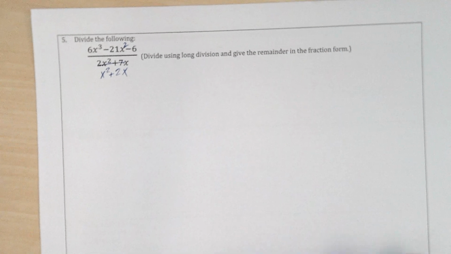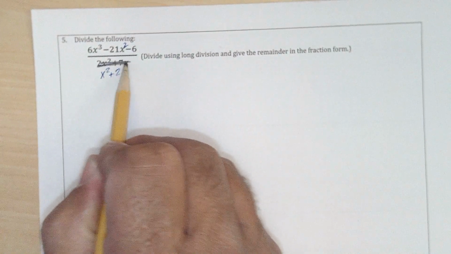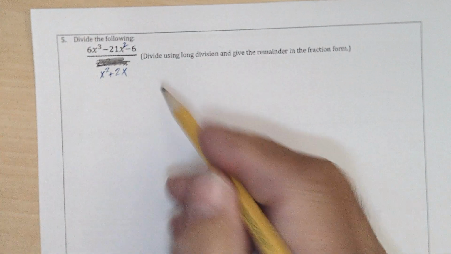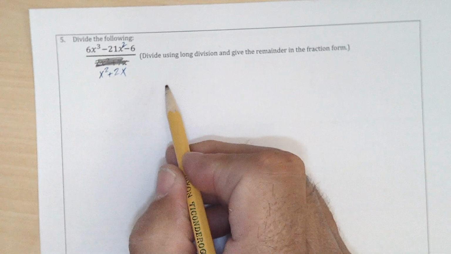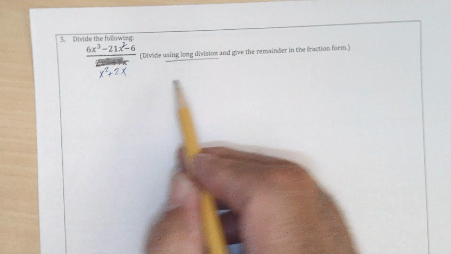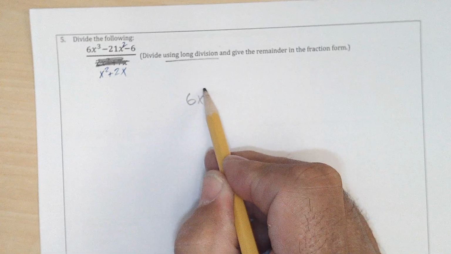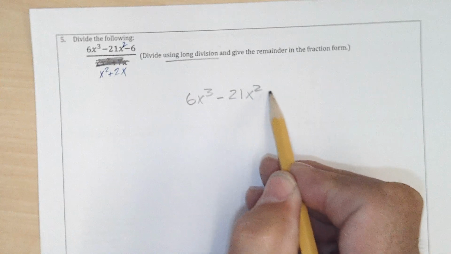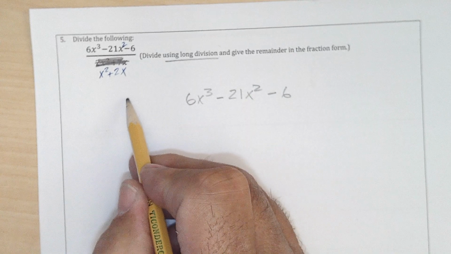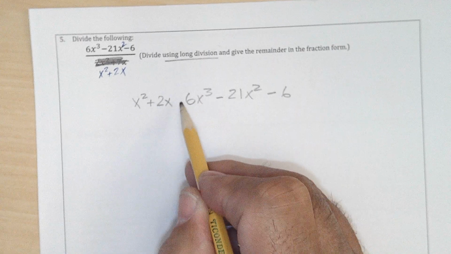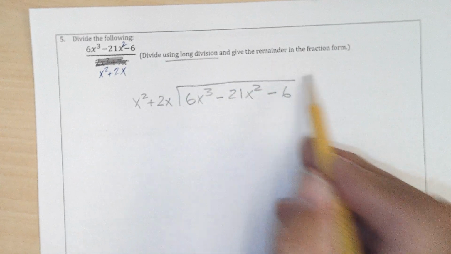Okay, I had changed this problem from a test that I had before to this. So we were supposed to do long division on this problem, and so I got 6x to the third minus 21x squared minus 6 divided by x squared plus 2x. So to do this,